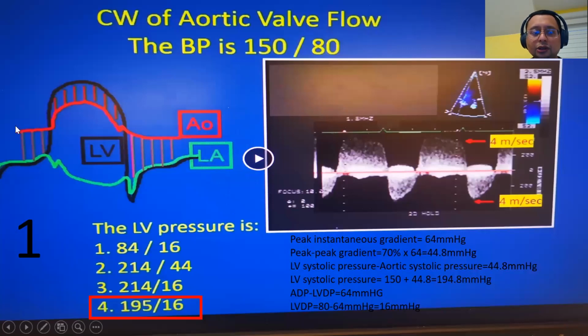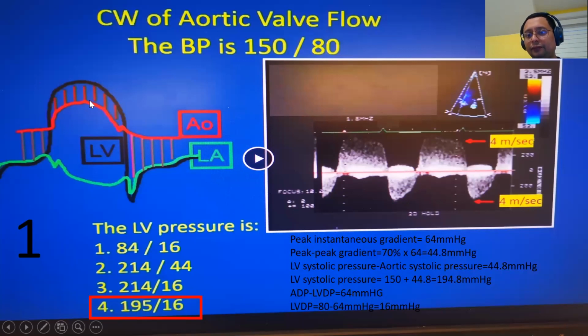If you can see here, the red one is the aortic pressure. The black one is the left ventricular pressure. So what echo measures is peak instantaneous pressure, not the peak LV and the peak aortic pressure. It doesn't measure the difference between those. It measures peak instantaneous pressure, meaning the time along this area in which the difference between this and this